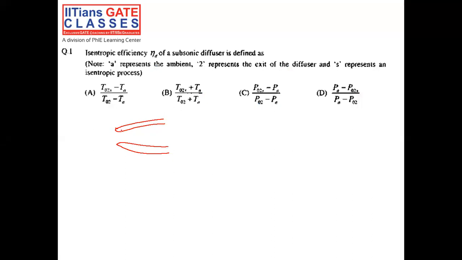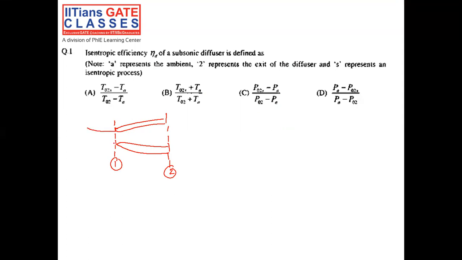So this is a schematic of the subsonic diffuser. This plane denotes the entry of the diffuser, and this plane denotes the exit of the diffuser. This diffuser basically sucks the air from the atmosphere and transfers it to the compressor and the subsequent parts of the engine. So there will be a formation of a stream tube